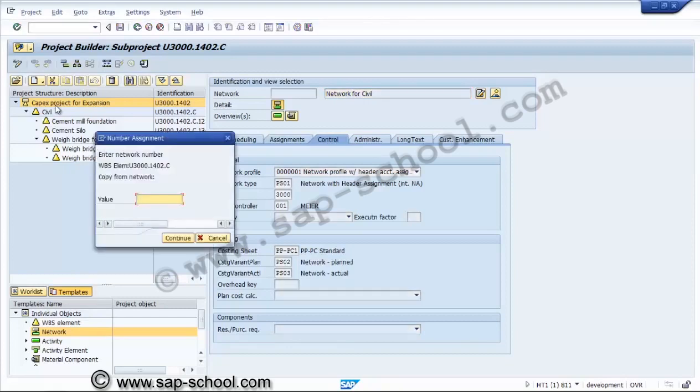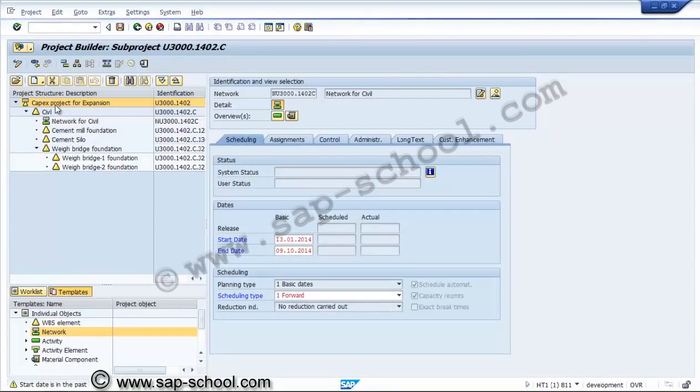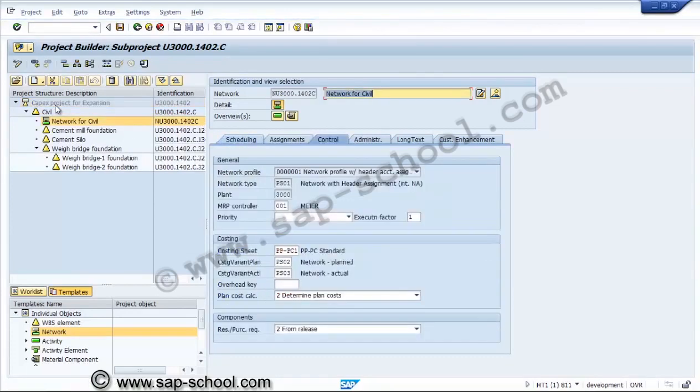Now we need to give the numbering for the network. But by directly dragging the network object into the WBS, automatic creation of the network and assigning to the WBS will take place.